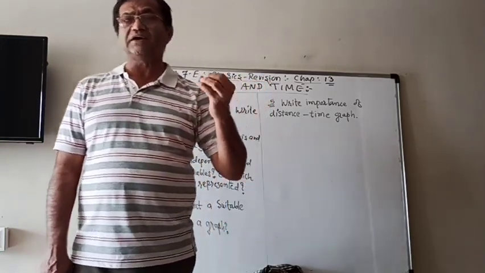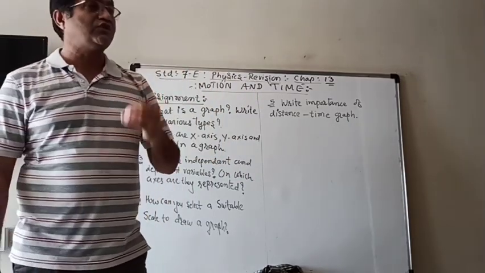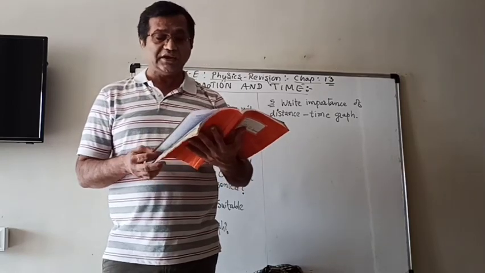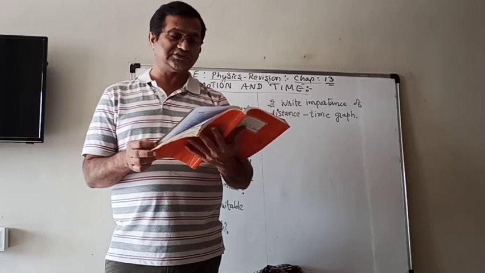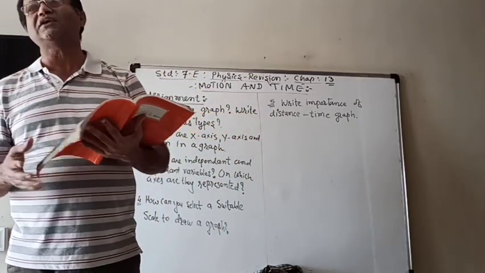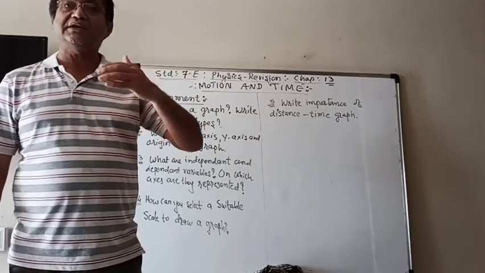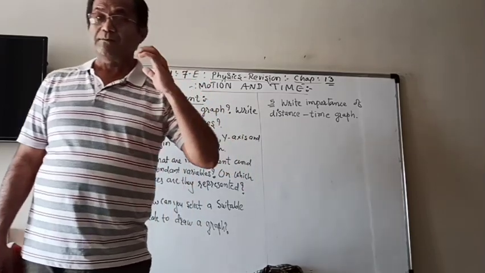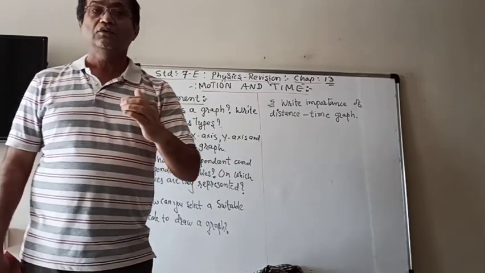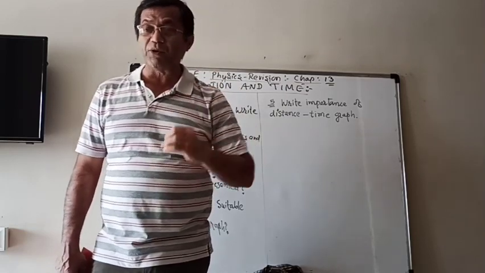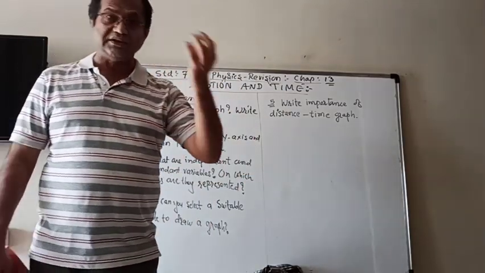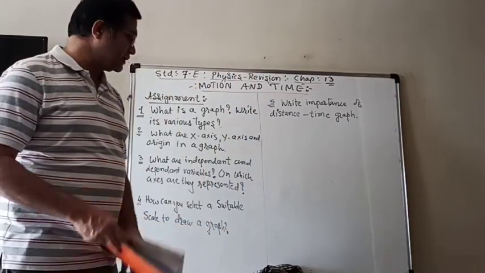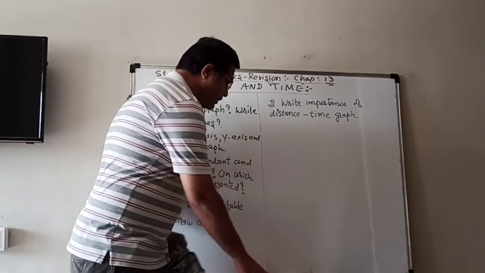So these are the things that we can understand with the help of the distance against time graph, and it is very important in physics. Actually here you don't have to draw the graph, but in future, in higher standards, you have to draw graphs also. So here we have the basic ideas of what a graph is, what the importance of a graph is, how we can choose different scales in the graph, and so on. We got lots of information today about the graph.